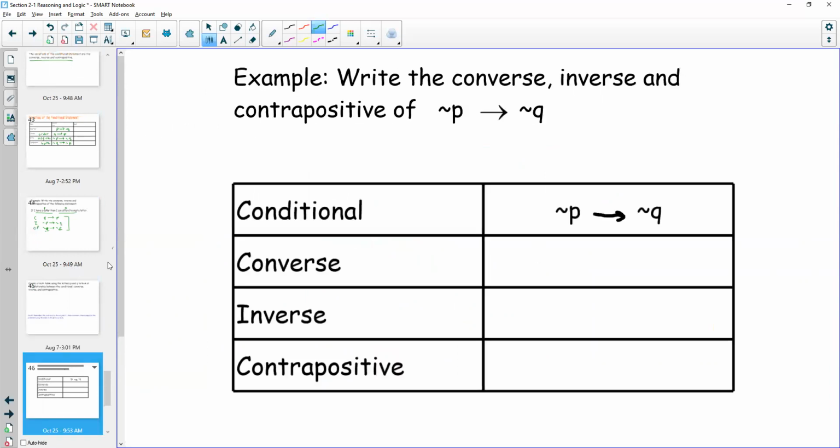We've tried that. Okay, but if we write the converse, inverse, and contrapositive of these pieces, so the converse, remember, switches the order. So I'd be having not Q, then not P. The inverse is the negation. So the opposite of not P is P. The opposite of not Q, oops, is just Q. And the contrapositive is both switch the order and make the inverse. So it would be Q, if, then, P.